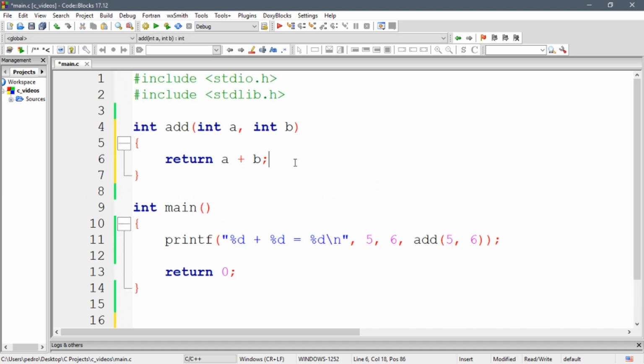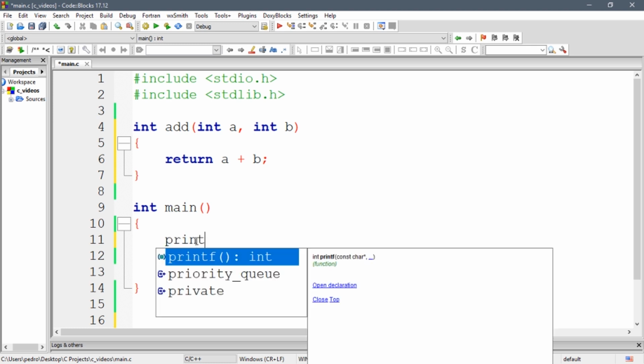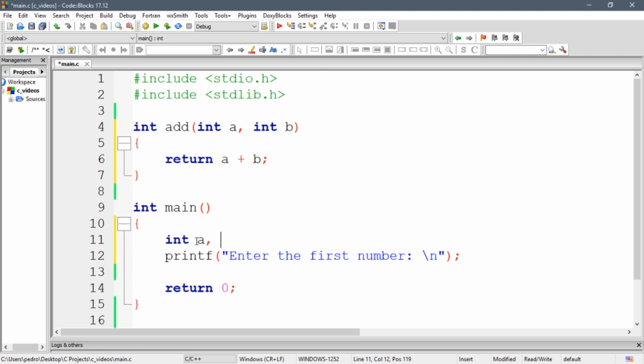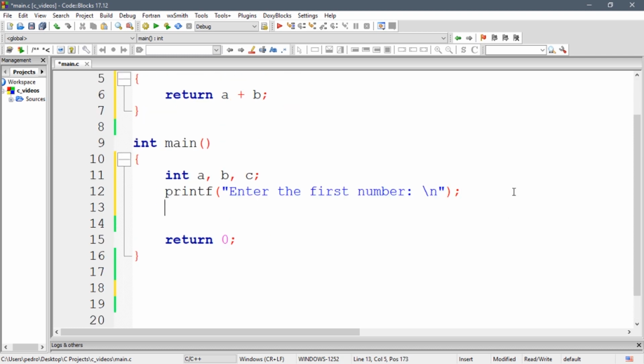So functions are used to simplify code. This is a function that makes it easier to print text into the console. So let's do some more here. Let's enter the first number, with printf and \n, and let's create three variables here, int a, b, and c. Okay, so let's scanf